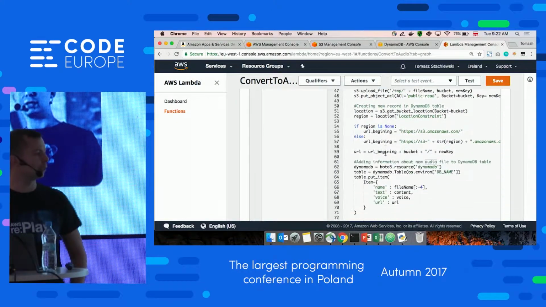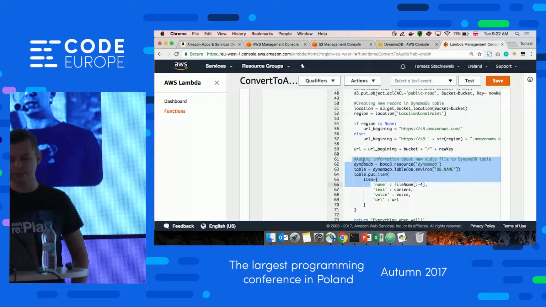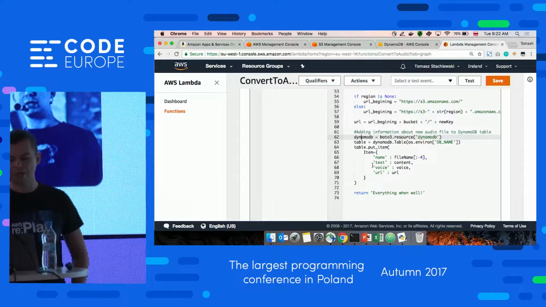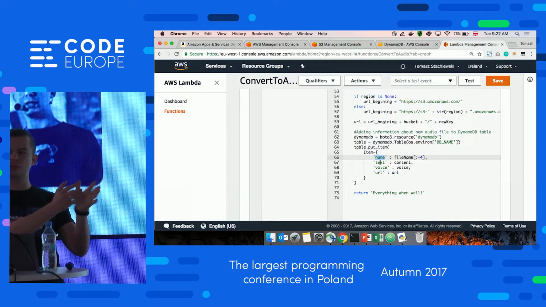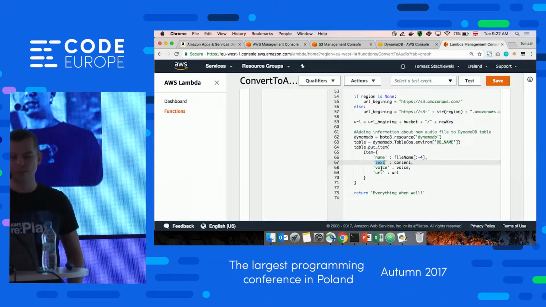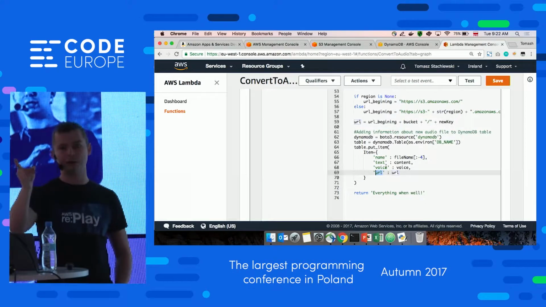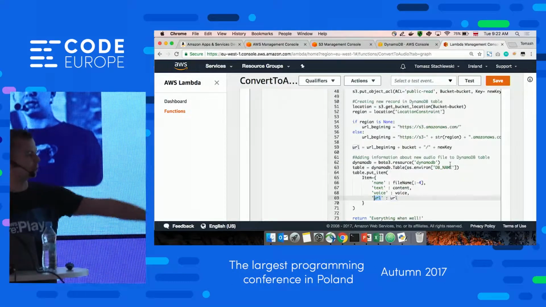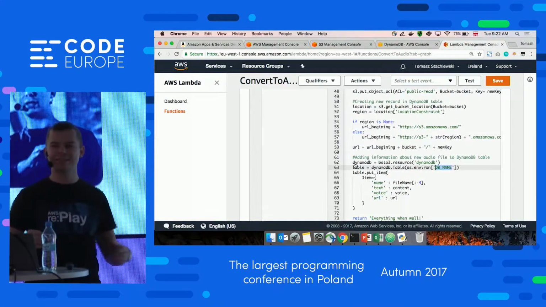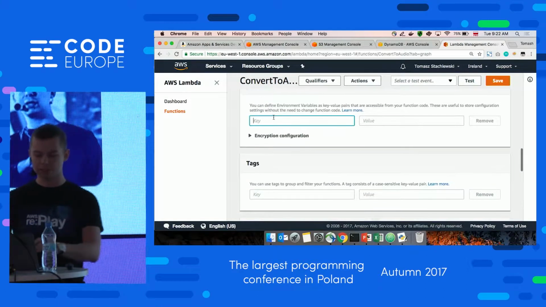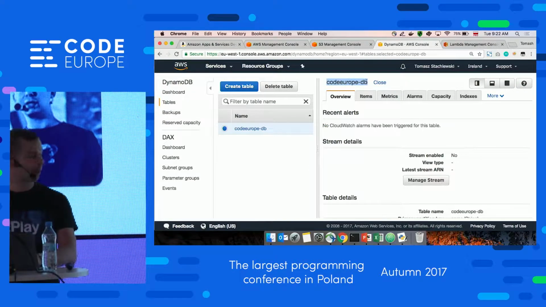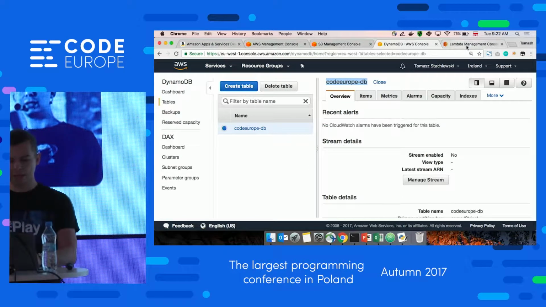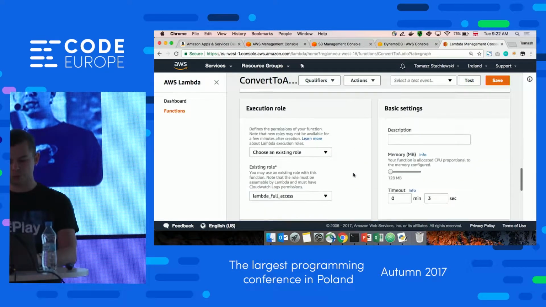And then I'm connecting with the database, so this DynamoDB database. And I'm putting there an item which will have 4 attributes. So the name, because this is my identifier, so this will be the name of the file, the text which was converted, the voice which was used, and the URL, so the link to the audio file. And there's a parameter which is called dbName, because now our Lambda doesn't know anything about our database. So we need to tell it which database we are using. So I will specify a parameter, dbName, and its value was code Europe DB.